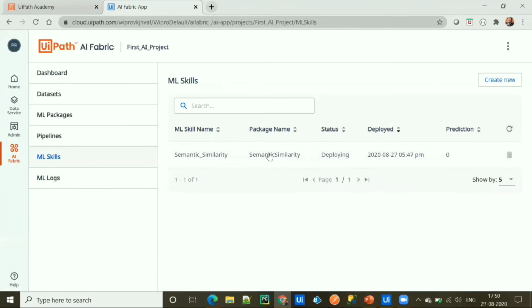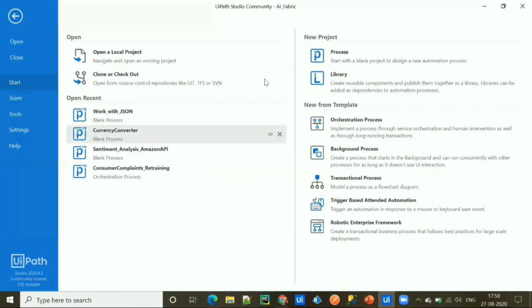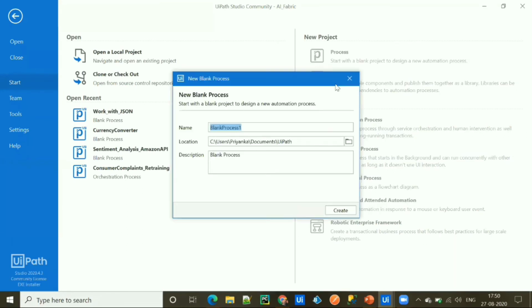Till the time it is deploying our ML skill, let's go to UiPath Studio and create a workflow to call this ML skill. So simply create a process, let's say AI Fabric demo.